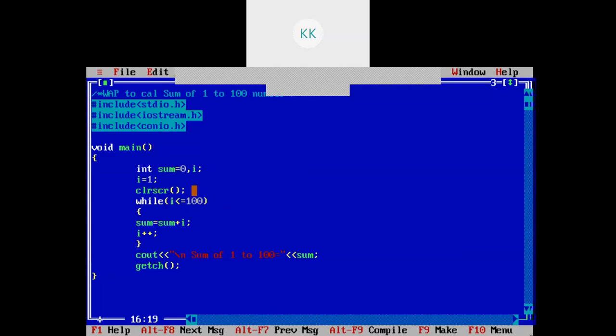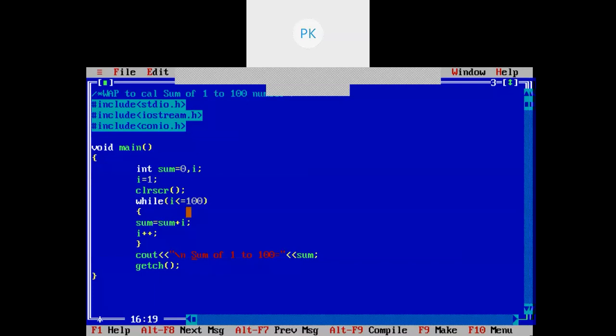See here, we need to calculate the sum of numbers from 1 to 100. So we need to execute this while loop from 1 to 100. So I have first initialized I to 1, right? And since I need to go up to 100, I am writing here I is less than equals to 100. Means this loop will continue to execute until I is less than or equal to 100, right?